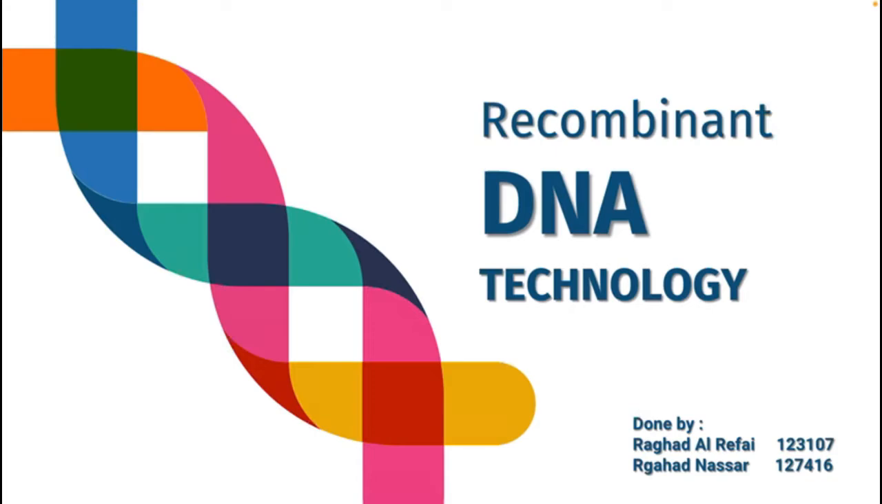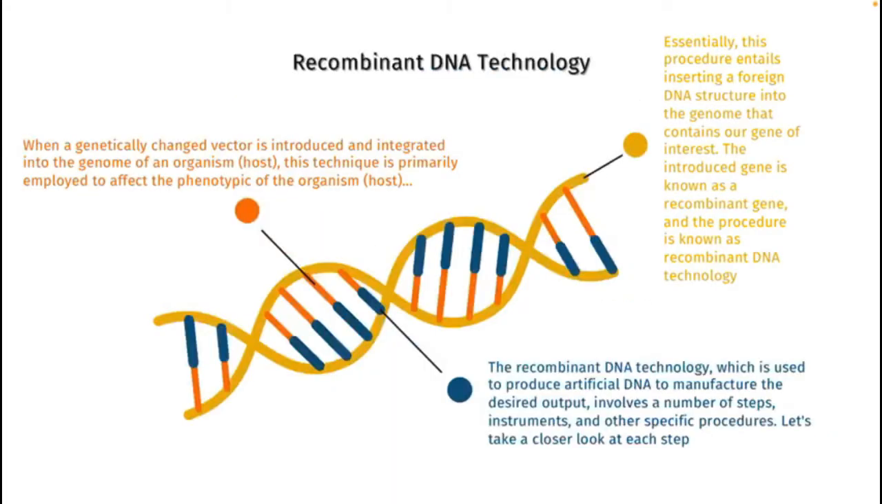Today we're going to talk about the recombinant DNA technology. The recombinant DNA technology is a technique mainly used to change the phenotype of an organism when a genetically altered vector is introduced and integrated into the genome of the organism. So basically, this process involves the introduction of a foreign piece of DNA structure into the genome which contains our gene of interest. This gene, which is introduced, is the recombinant gene,